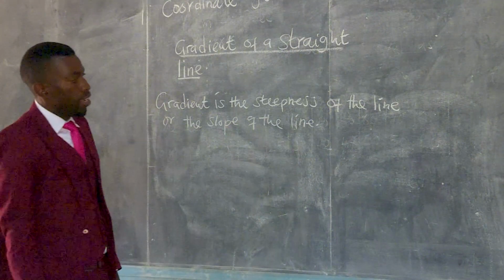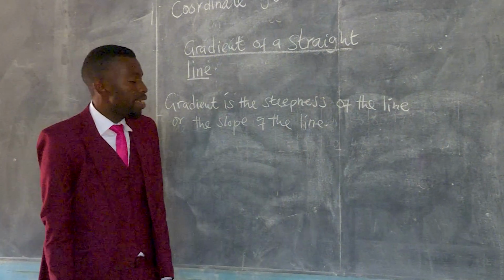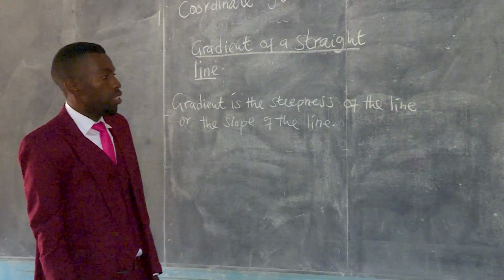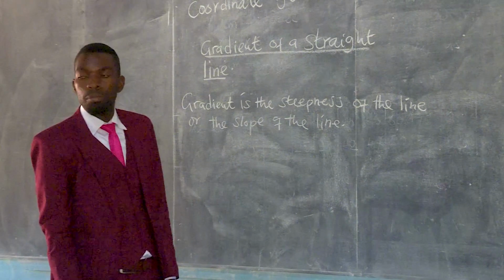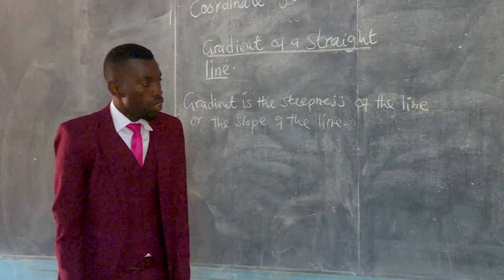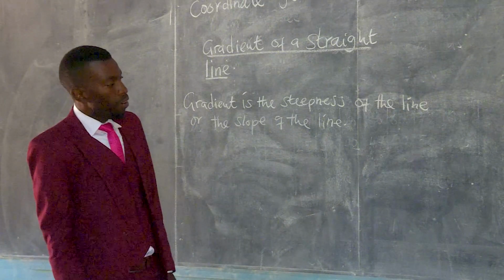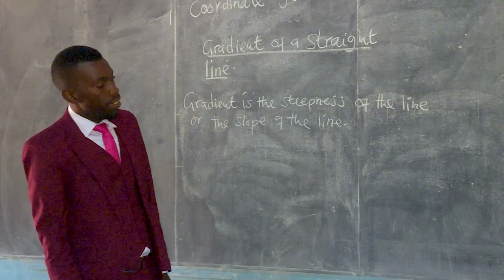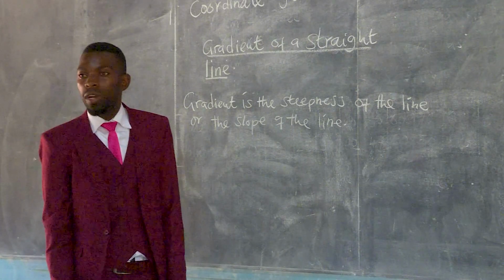So that is the definition of gradient. Gradient is the steepness of the line or the slope of the line. So once you have defined that, we can look at